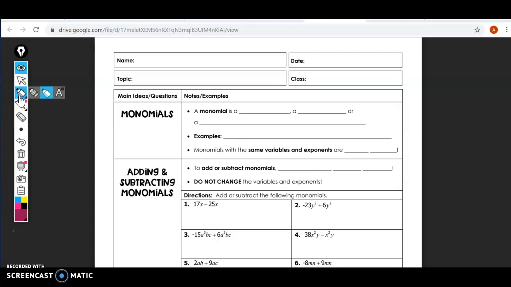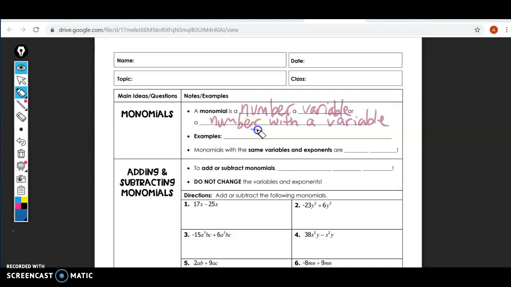Today's video is on the product rule, but before we do that, quick review on monomials. A monomial could be a number, it could be a variable, or it could be a number with a variable. A few examples